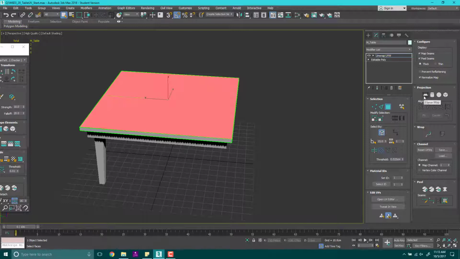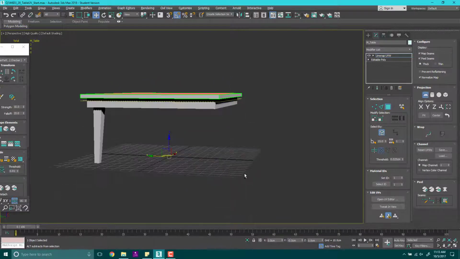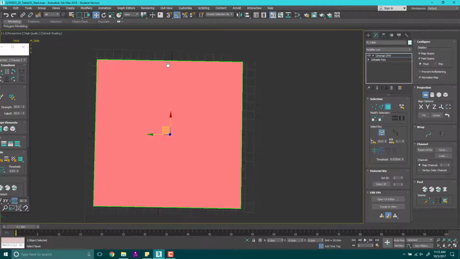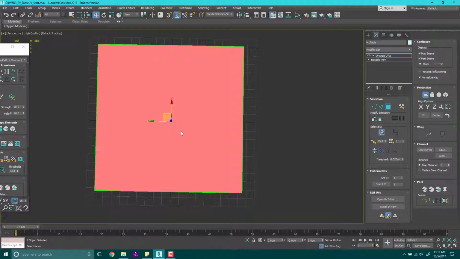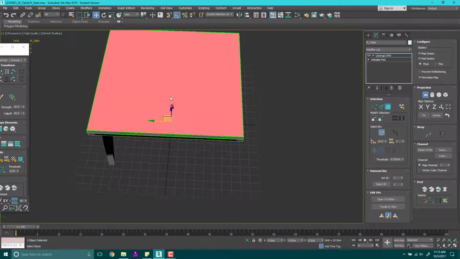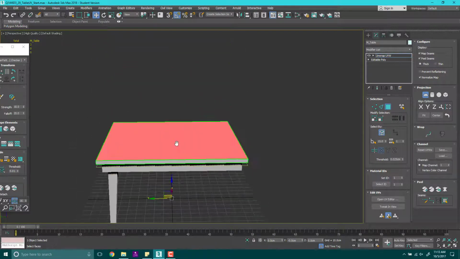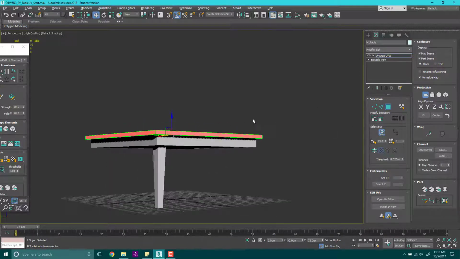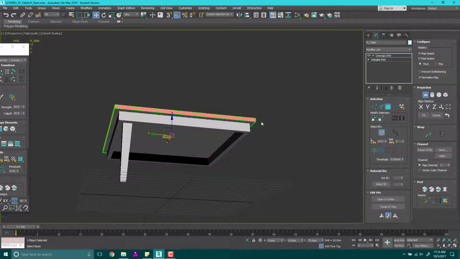Like I said before, we know that this is the most important part, so I'm going to planar map that from Z. Z is up and down. Remember, we need to be perpendicular so that the material that gets placed on that plane is perpendicular. So we're going to go Z because it's up and down. So we're going to planar map this from Z, and then before we finish that, we're going to grow this. So I'm going to grow to the edge,